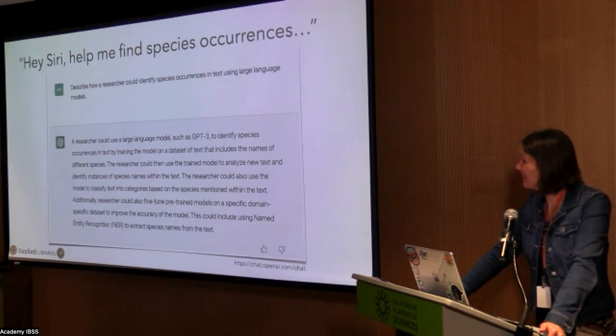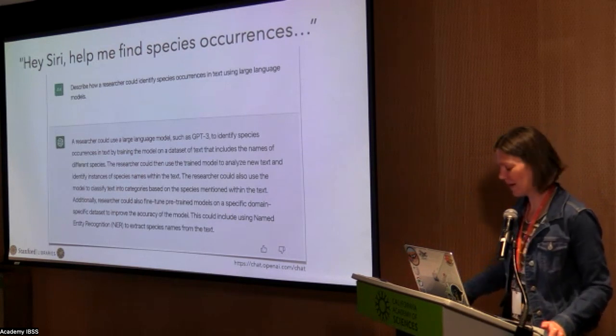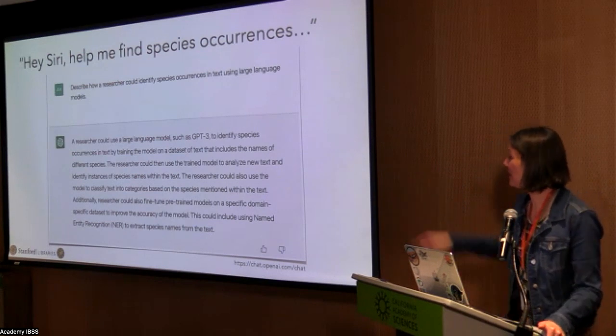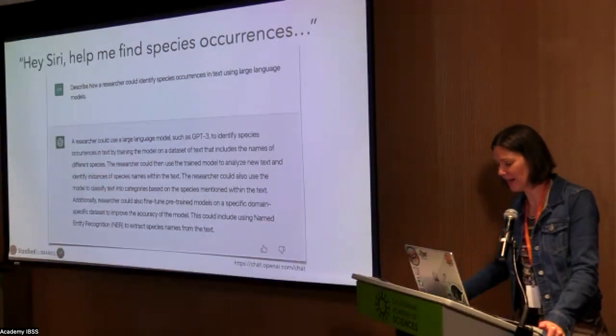So this is crazy. Well, I mean, this is just funny. I asked ChatGPT last night to describe how I might go about finding species occurrences, and it gave me a kind of a non-answer, but it mentions extracting species using named entity recognition. That's pretty cool. I didn't even mention that. Anyway,